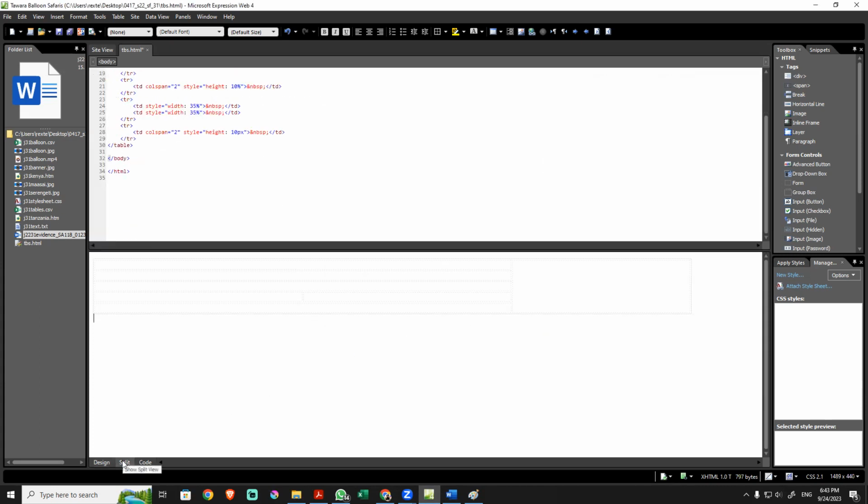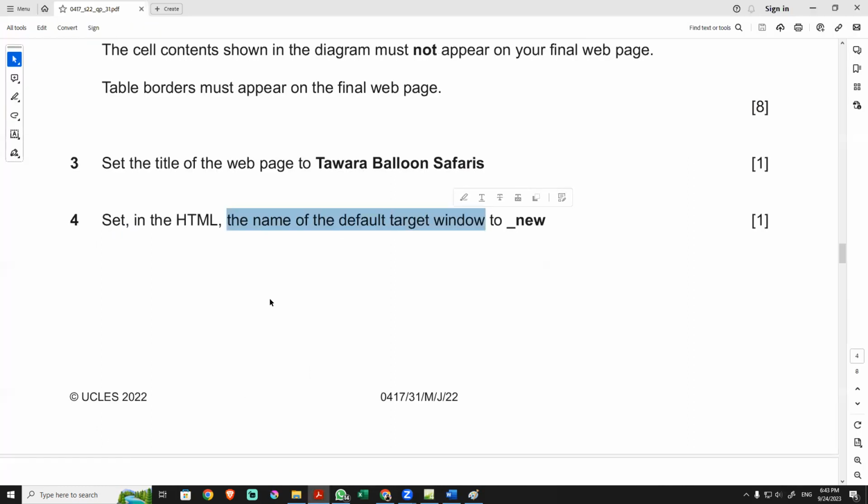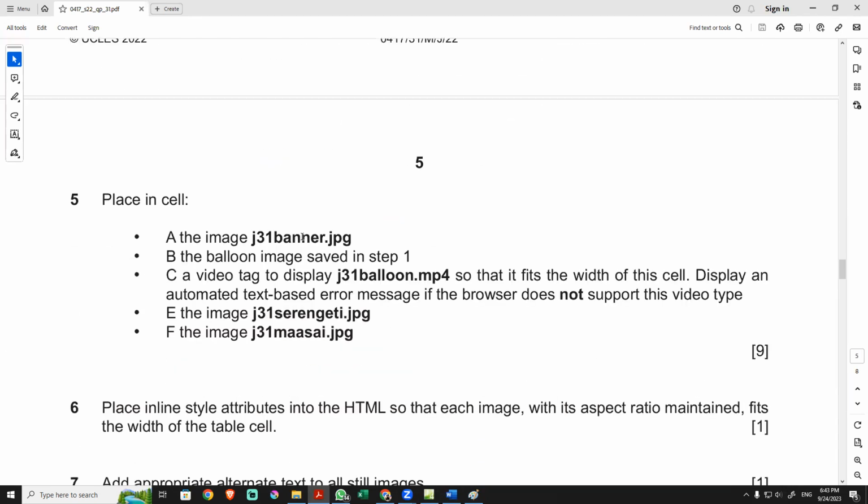So if you go to the split or the code, it will show here the title now and also the base target, which is new. So this is important that you should understand when to use them. All right. So it's a little bit tricky, but hopefully you will understand what we are doing. So 4 and 3 and 4, that's what it is. And number 5,